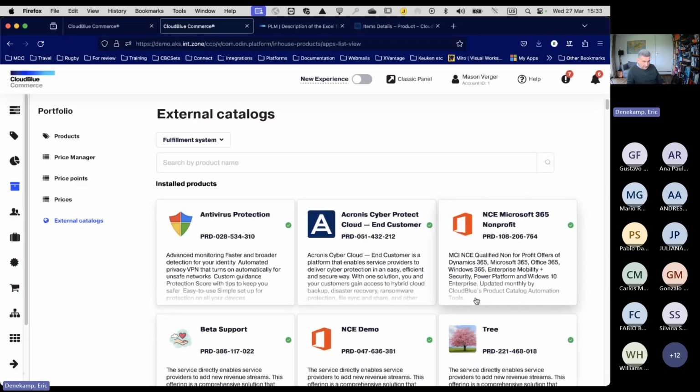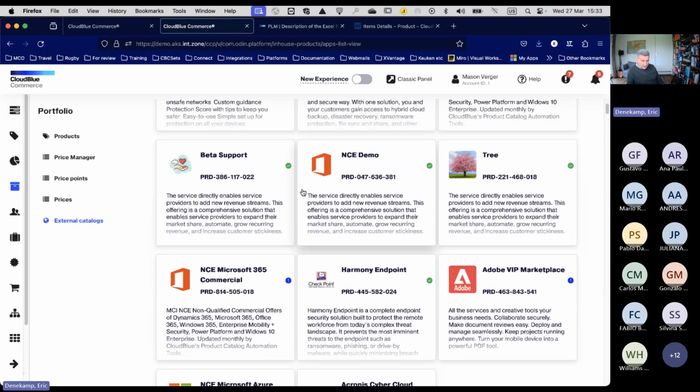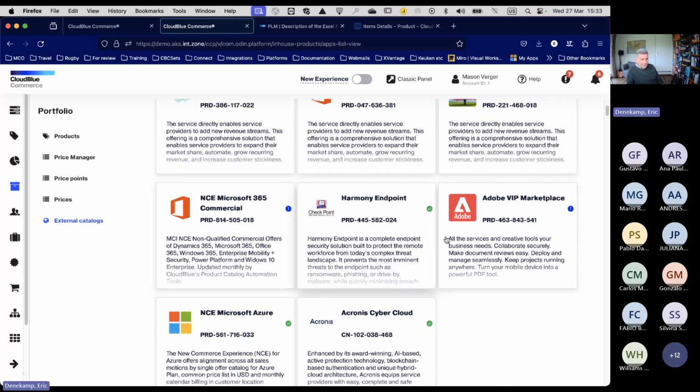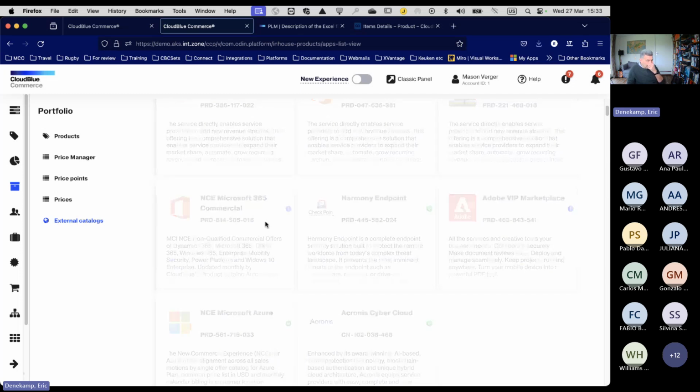Let's see if it's already there. Yeah, we have it. You see most of it is available and is ready, but luckily there are two that require some work. So if I click this one, it again takes some time.